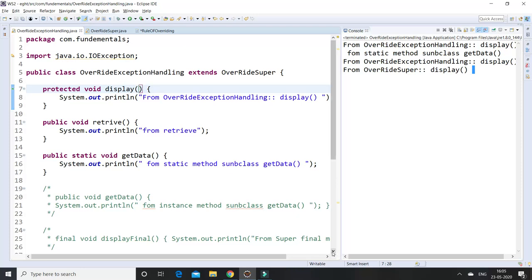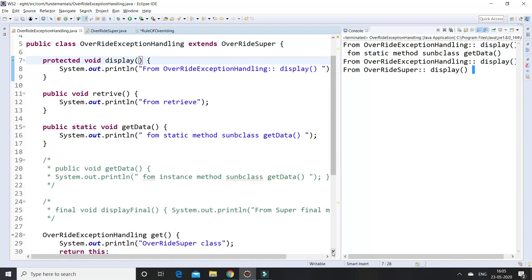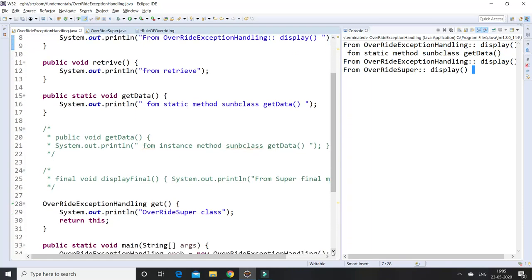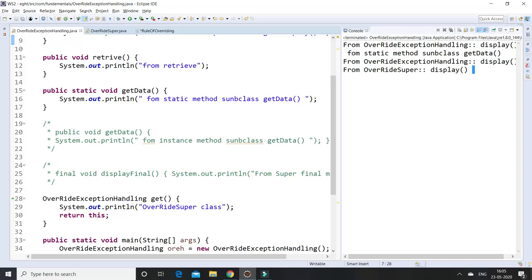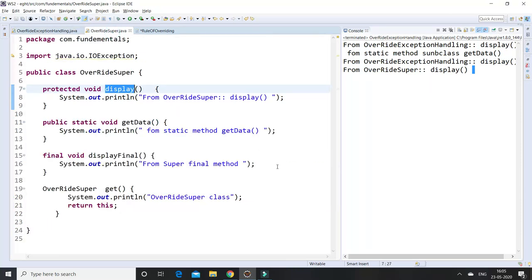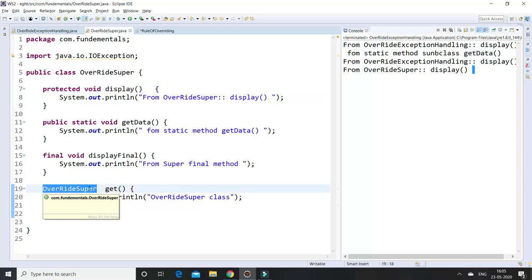Suppose here I am creating the get method, the return type is overriding exception handling. Okay, so here also I am going to show you. Here also I am defining the overriding superclass return type and one get method. So it is written in this method, meaning it will be returning this object only.